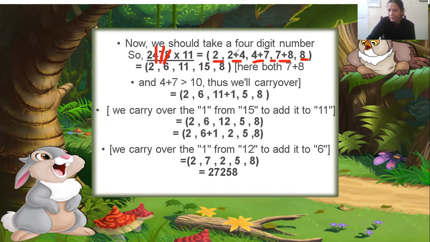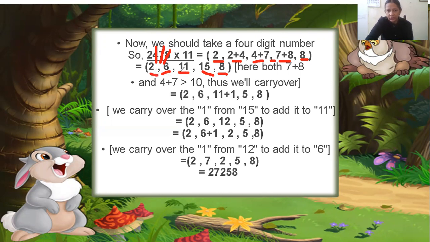Now in the next step you have to do the balancing. Now see 8 here, so I have written 8 as it is. Now put the comma, and 7 plus 8 you know is 15. Put a comma. After that, you know 4 plus 7 is 11. So you write down 11 here. Put a comma. Then again you have to look at the next two terms. 2 plus 4 is equal to 6. So you write down here 6 and put a comma. And 2 is as it is, you will write down here.